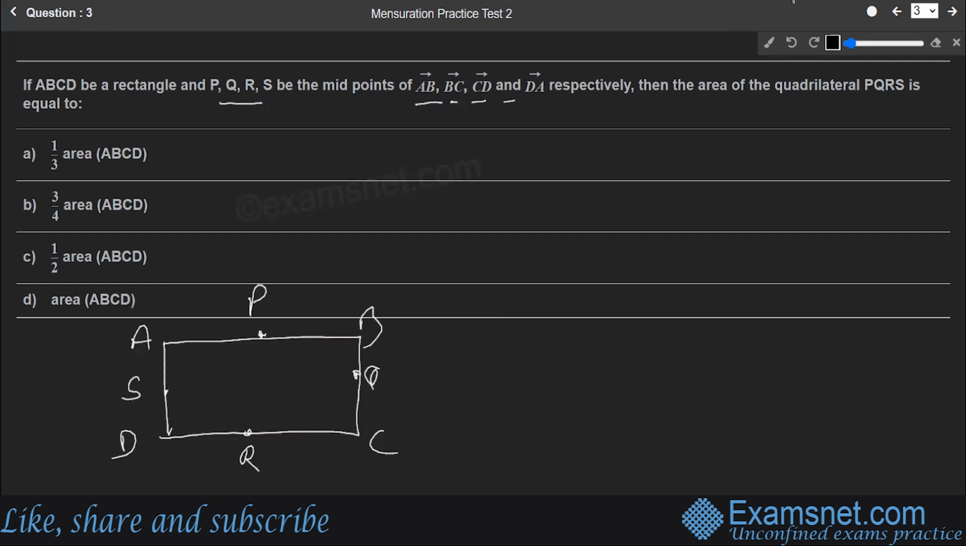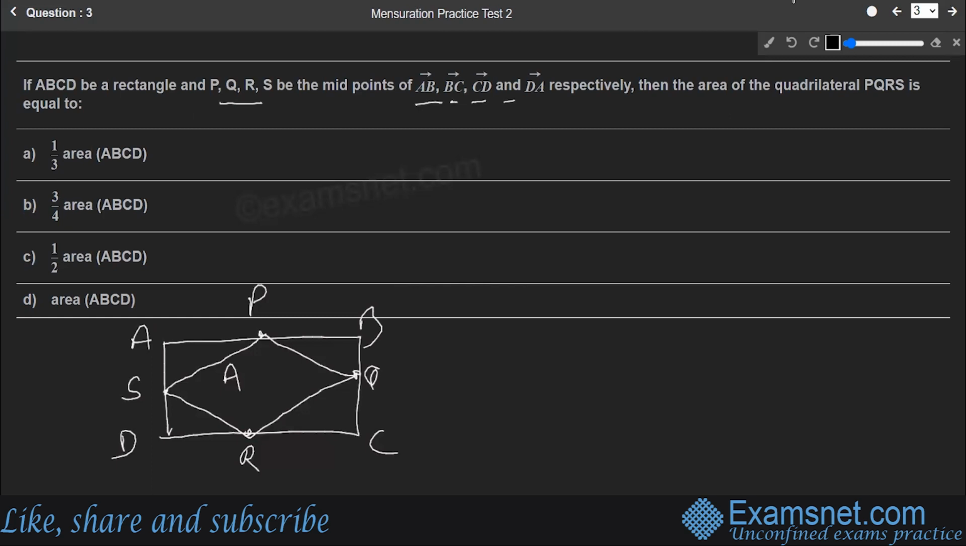Then he says the area of quadrilateral PQRS is equal to. So let's make that quadrilateral PQRS. This is that quadrilateral PQRS. Okay, so this is how the structure is created. Now he wants to know the area of this particular PQRS over there. So we need to understand that there is a theorem which says if inside a rectangle the midpoints are joined, so the structure formed by joining the midpoints of such particular